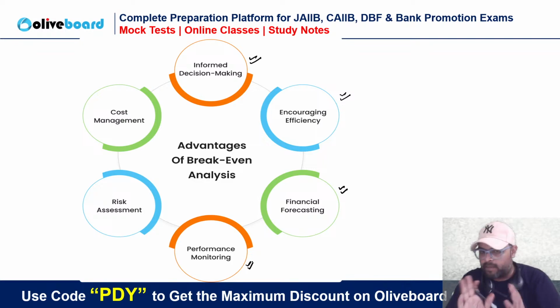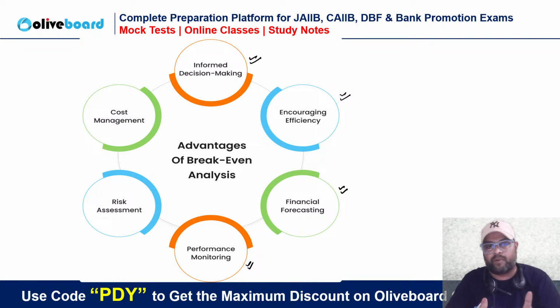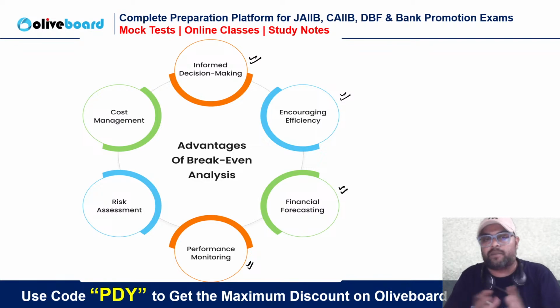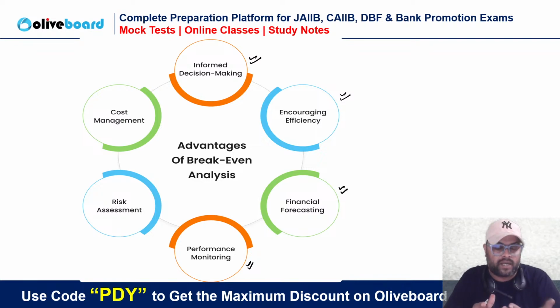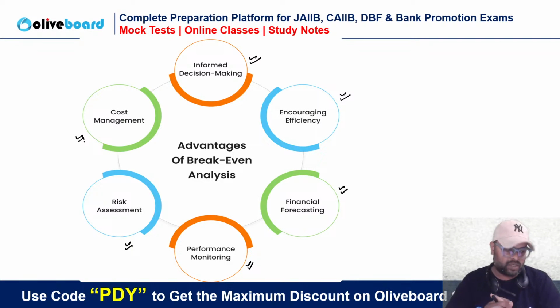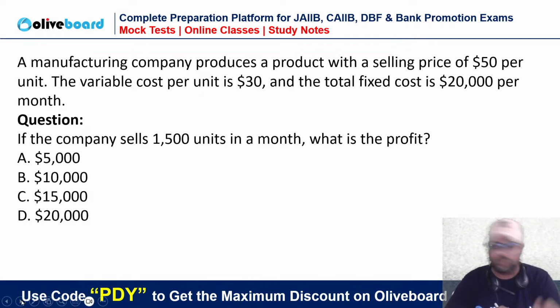Performance monitoring, because every person who is generating break even point will become an efficient or profitable person for the organization. If you are generating loss, if you are not producing quality, obviously nobody needs you in the organization. Then risk assessment becomes easy. Assessing the risk in the market becomes easy. Cost management becomes easy for you. You know how much you need to control. Marginal costing is everything about controlling the cost. This is how we will be discussing things in the crash course, and then we will do the practice for